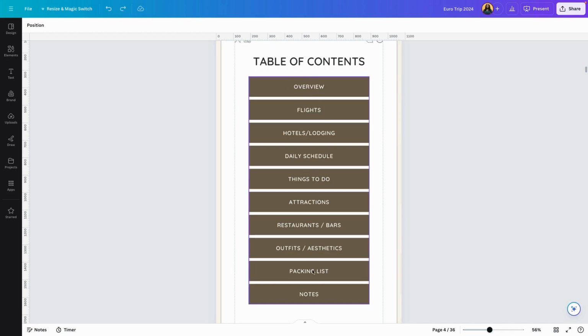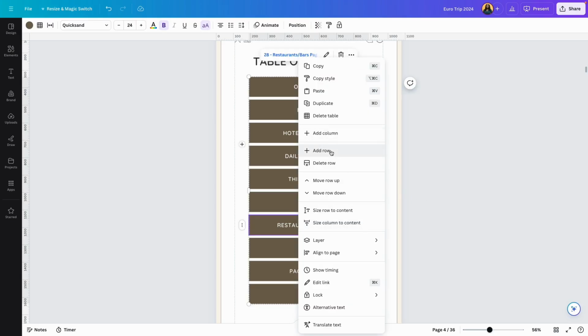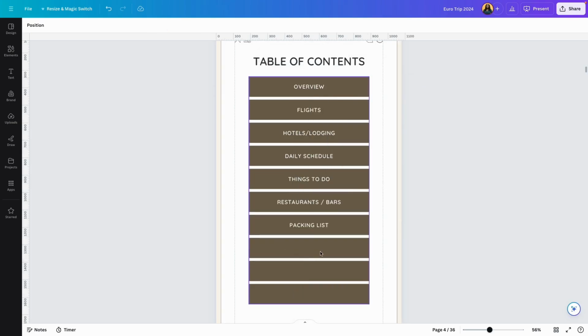Let's say, for example, you don't want to use outfits and aesthetics, so we're going to delete that. You don't want to use the notes, you can delete that. And you don't want to use attractions, you can delete that. You can then move this to the top and move this as well to the top and leave the empty ones at the bottom, and you can leave it as this, but if you really wanted it to disappear, you